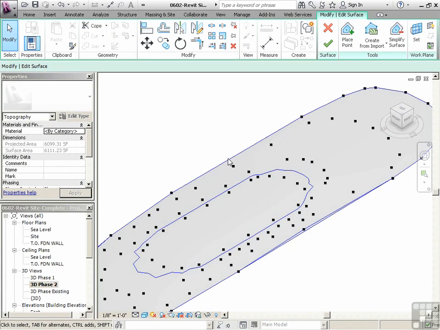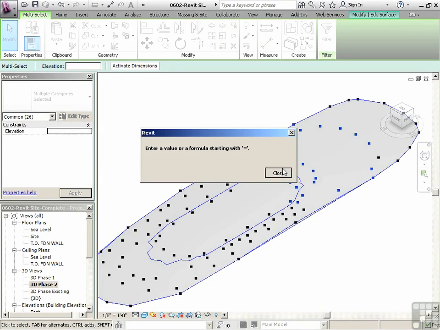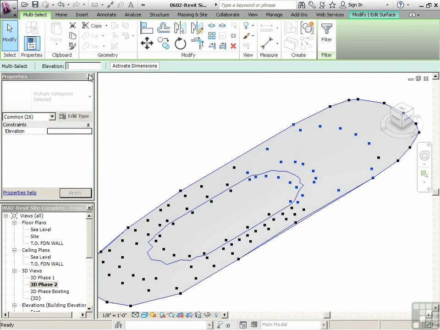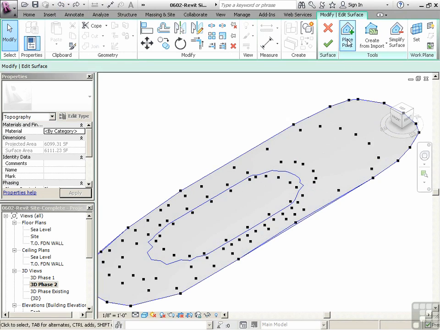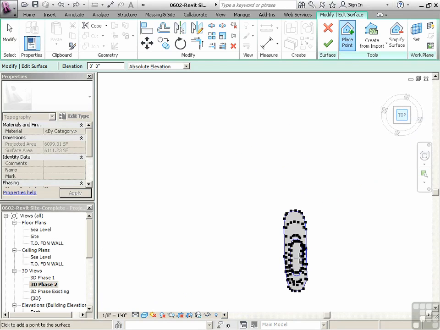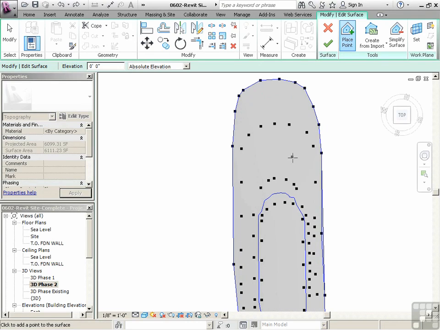you can go in here and say, okay, let's take all those points, move them up or down. You can also add in new points. So let's just put it up somewhere. We'll say 200 feet. Okay, and then we'll just undo that. So this right here, place point, you can one by one, you can actually place points on your surface. Sometimes you have to be a little bit careful though where you're placing it, and especially in 3D. So if I just go to the top view, now I'll know, okay, I'm just panning over. Now I know exactly where I'm putting it as opposed to in an isometric where you might be guessing a